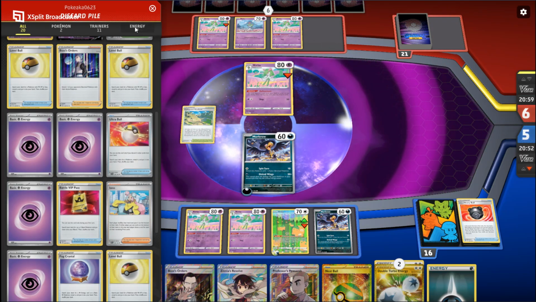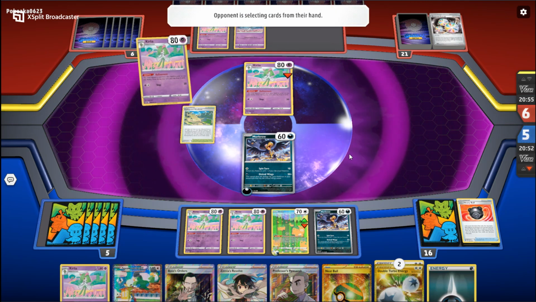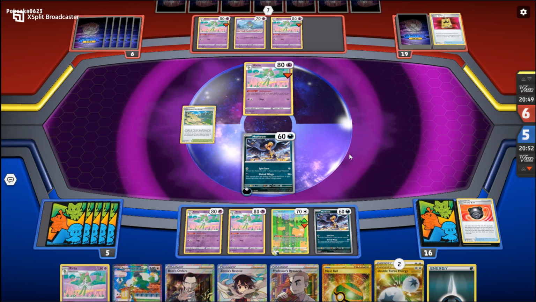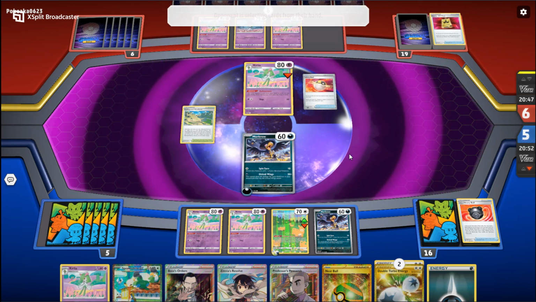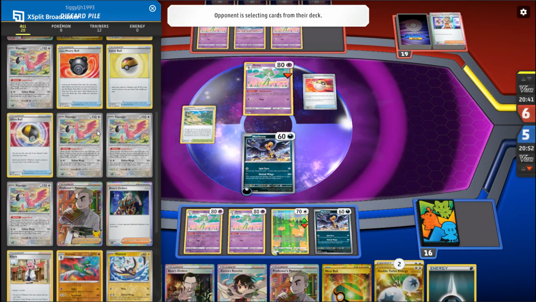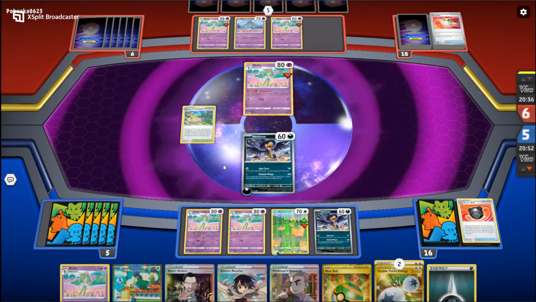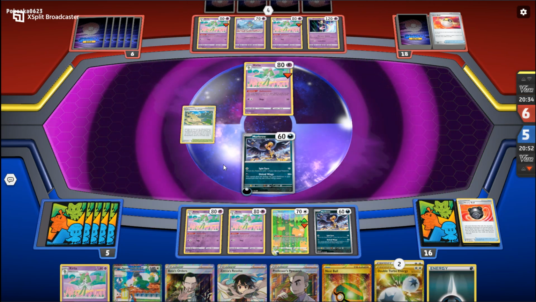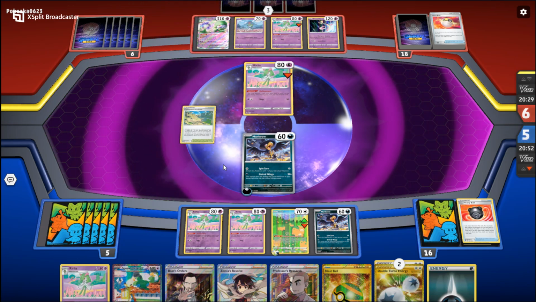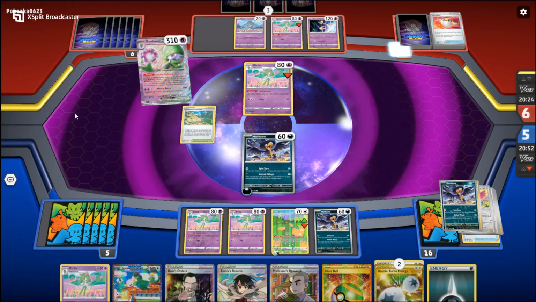Oh, they are not doing themselves a favor by discarding their Reversal Energy. They'll need it if they do not want to play the Carnivore EX. We'll have to Power Pad back our Clara and Boss's Orders. Now here comes the Carnivore EX, our target. So how much are we doing? We are